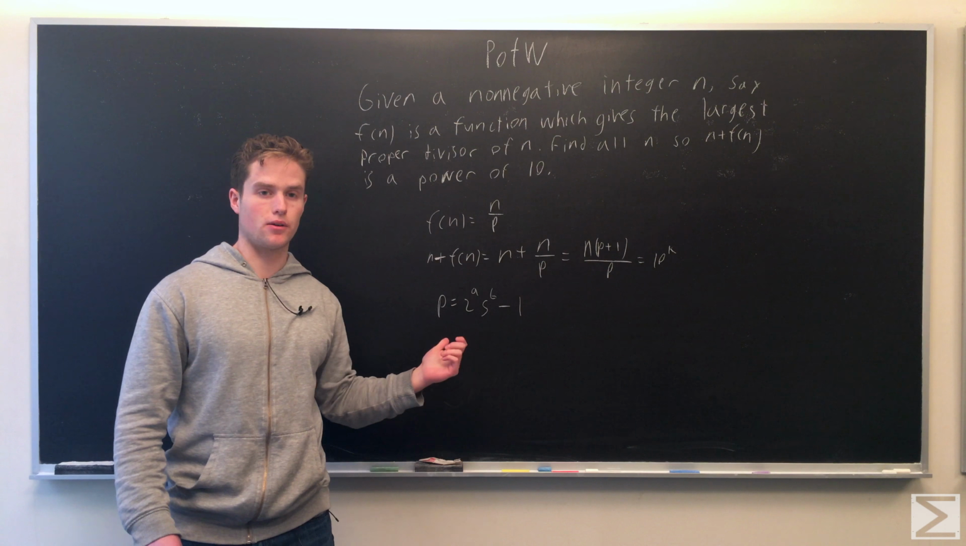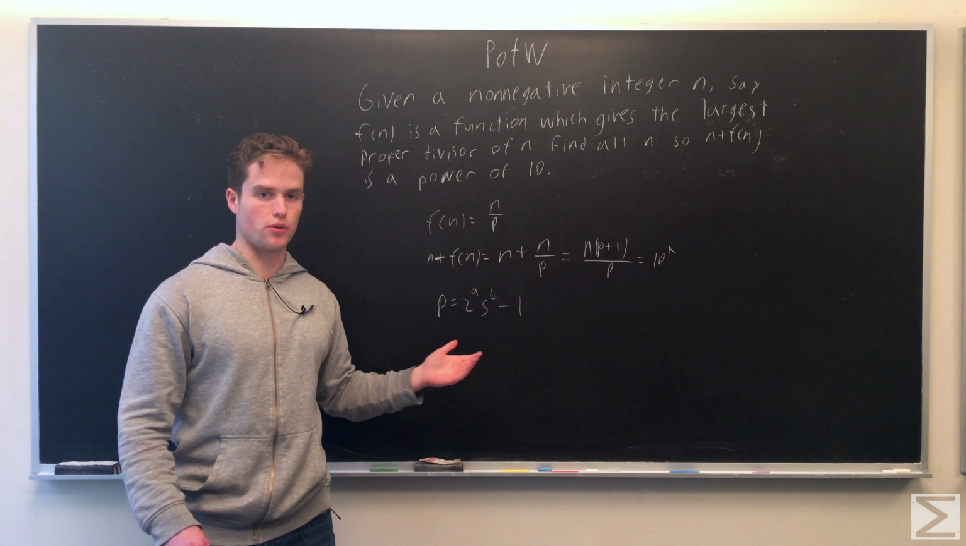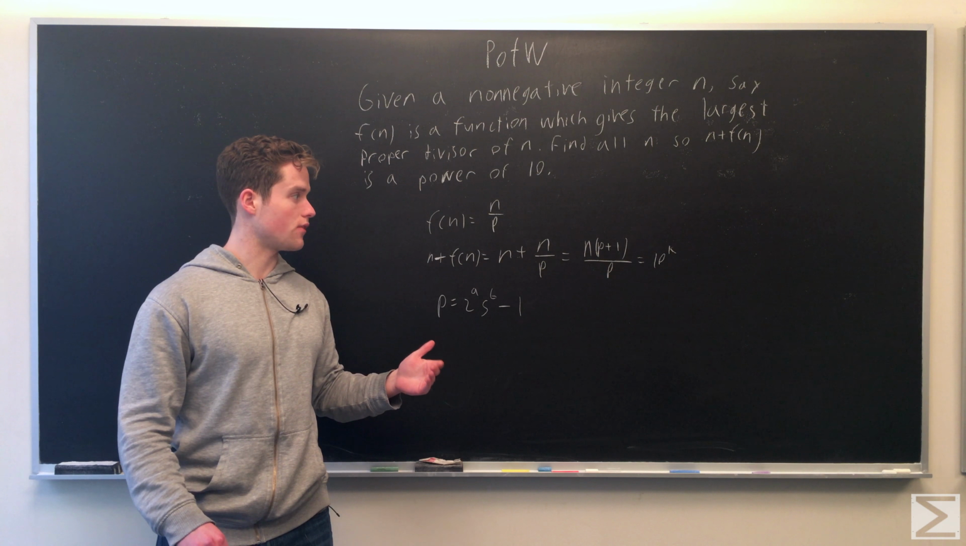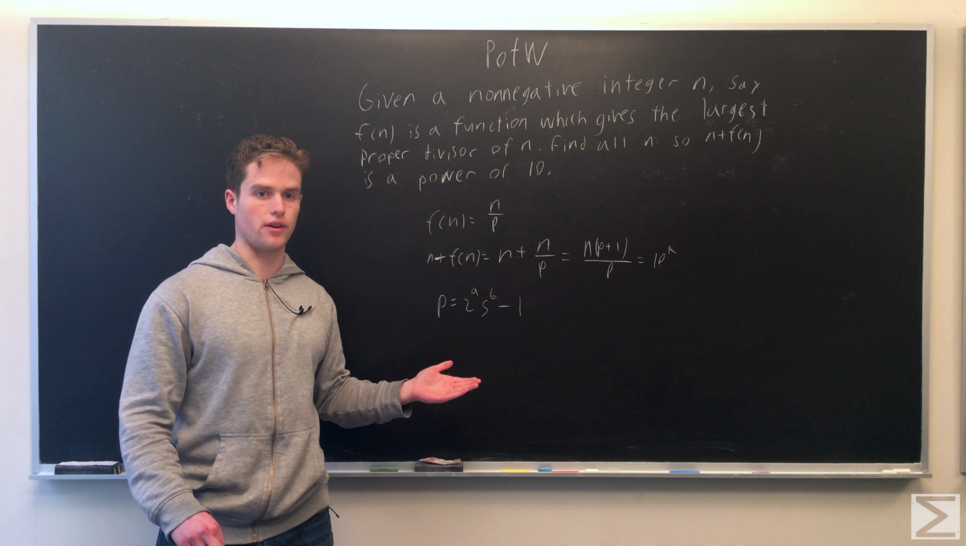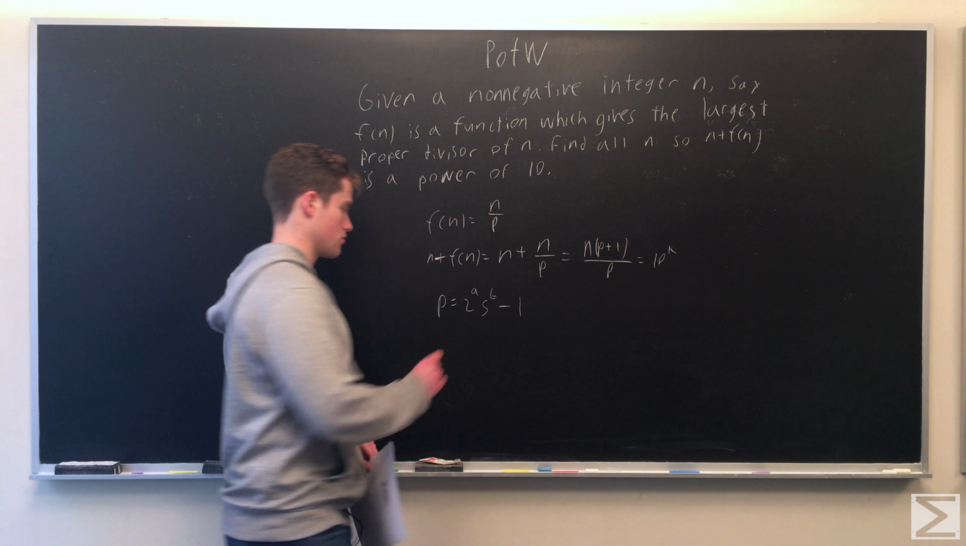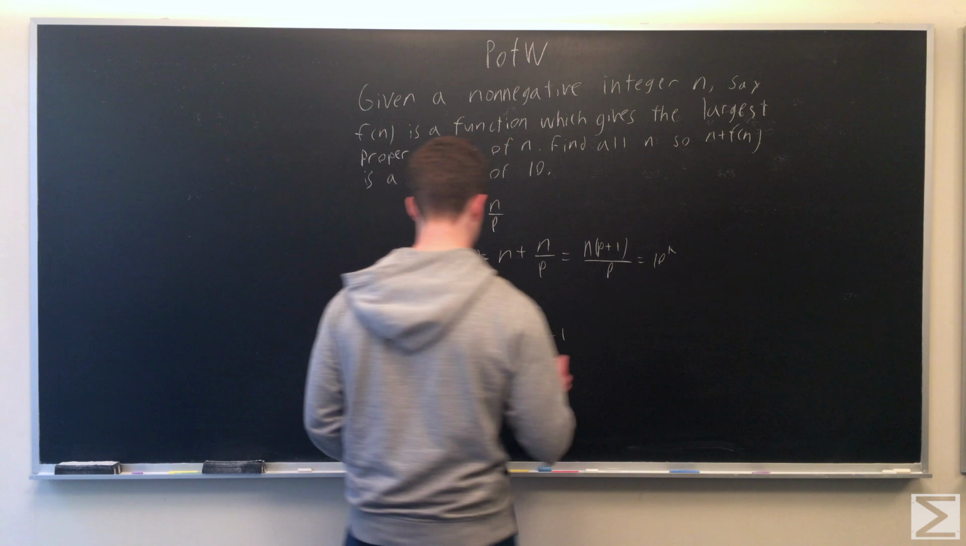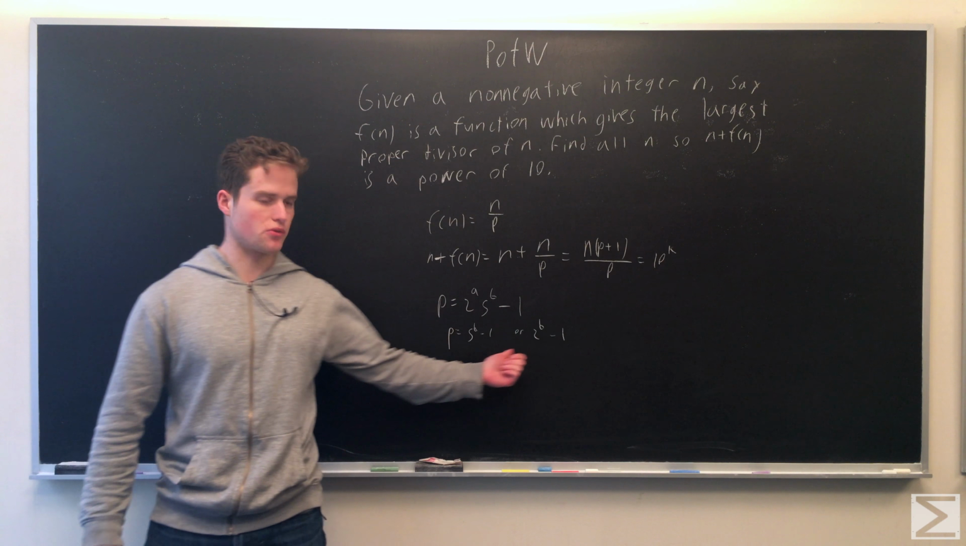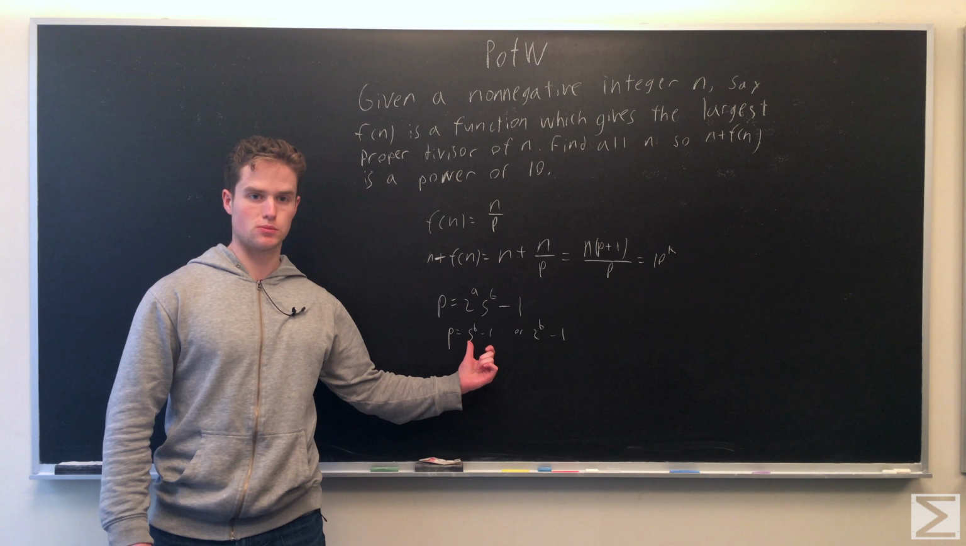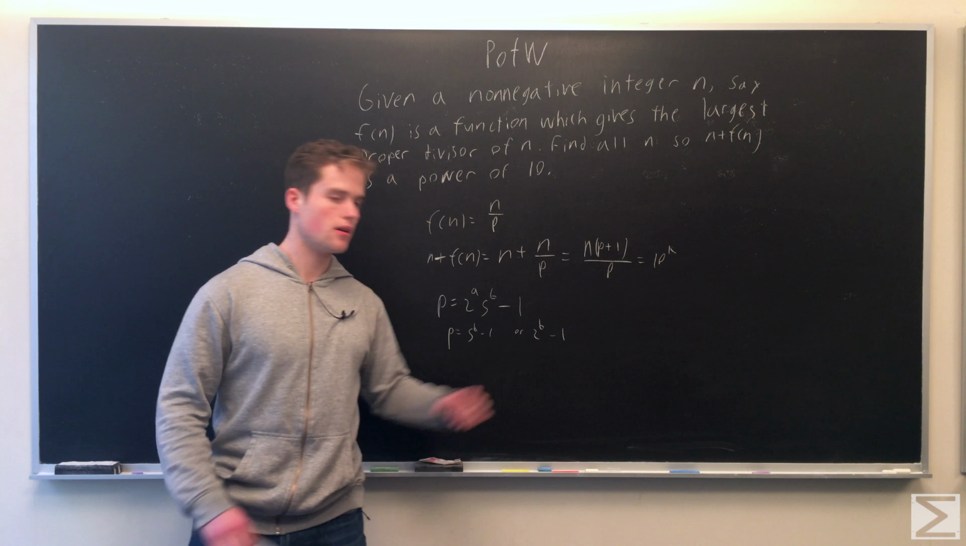But if n has 2 or 5 in it, then the smallest divisor of n will be 2, 3, or 5. But if we have at least 10 times something minus 1, which would be greater than 5, which contradicts p being the lowest prime of n. So really we want p equal to 5 to the b minus 1 or 2 to the b minus 1, but 5 to the b minus 1 is divisible by 4, which is not prime, so we want